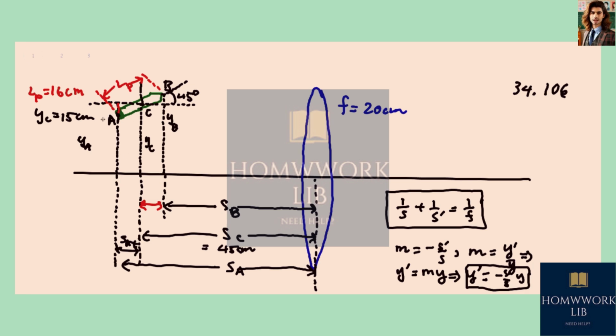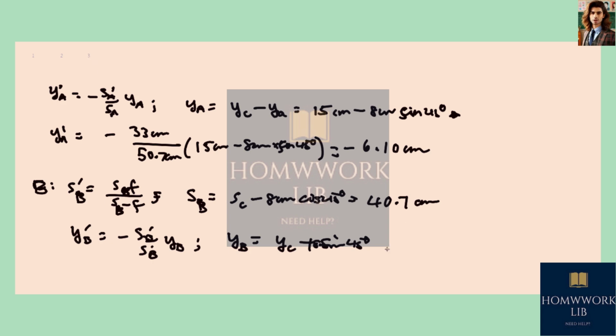Because whereas YA was YC minus that little bit in red, YB is going to be YC plus that little bit in red, as you can see up here, right? And that little bit in red, we already figured out that's 8 centimeters times sine of 45 degrees. Okay, so my YB primed is minus SB, which is 40.7 centimeters divided by,